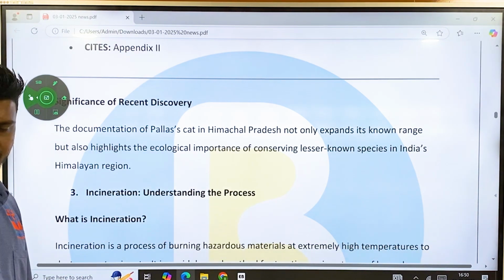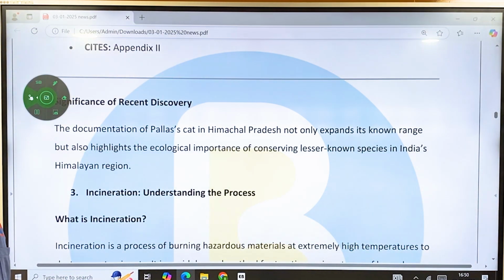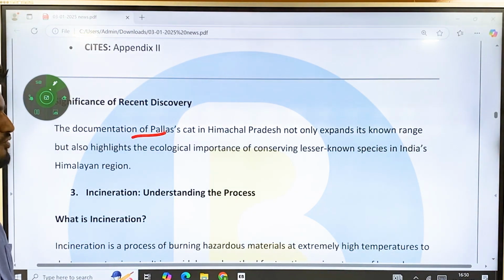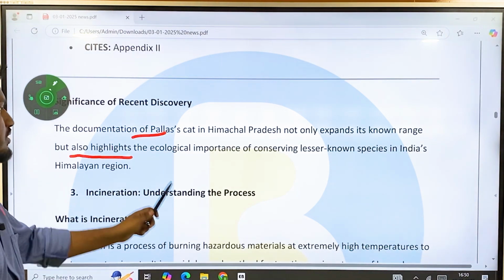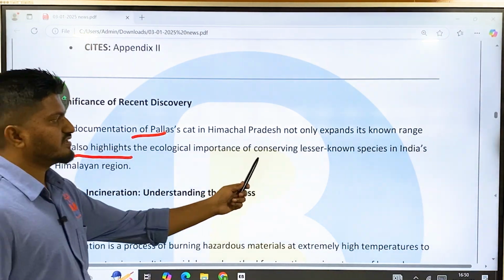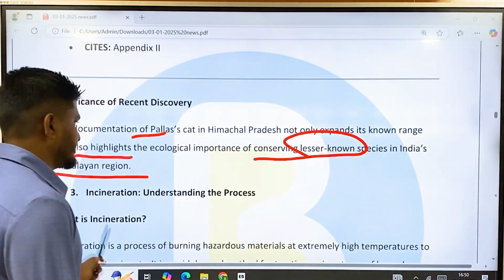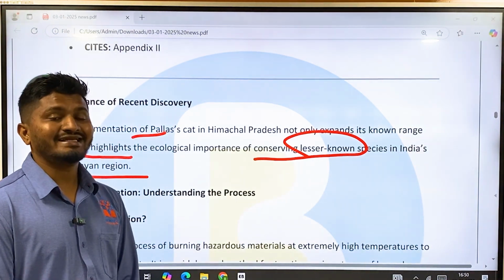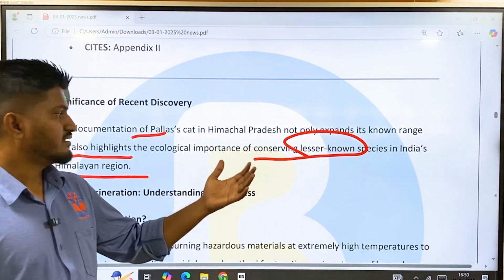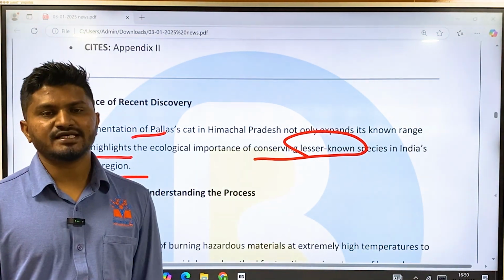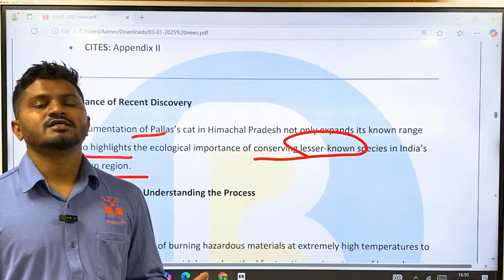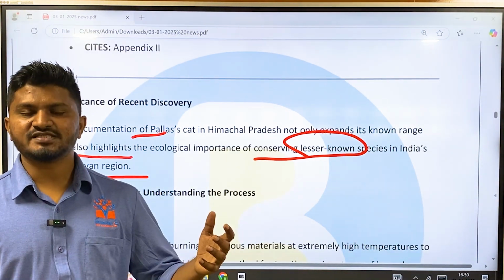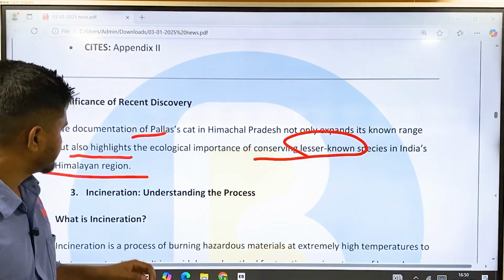And what is the significance of the recent discovery? The documentation of Pallas cat in Himachal Pradesh not only expands its known range but also highlights the ecological importance of conserving lesser known species in India's Himalayan region. Okay, so there are many species which are yet to be discovered in India, and there are many species which are discovered but their conservation is not properly done. So this discovery proves that there are many species in India which require the same amount of conservation which we are providing for important species such as tiger, leopard, etc. Next,